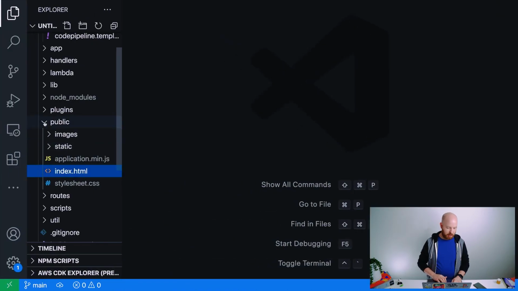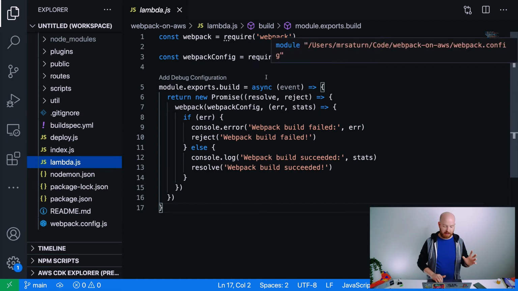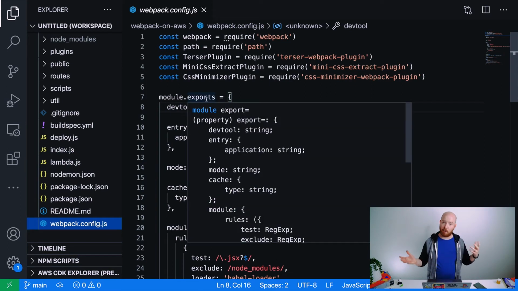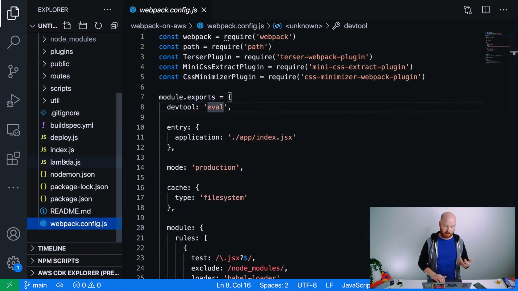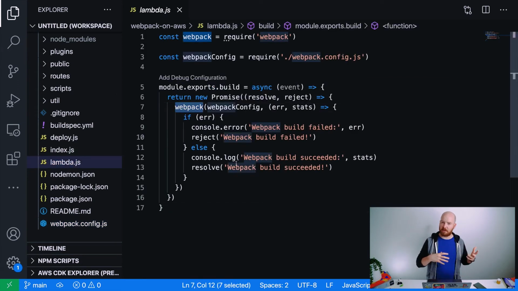And then I'll show you the Lambda I have written. This is super duper simple. So it just requires Webpack. It pulls in the Webpack config, which is conveniently a JavaScript file, and it module exports the entire configuration object, which is awesome. When you run Webpack in JavaScript, which you may have never done because you probably use it on the command line a lot, the first argument is the configuration object. So I pull it in, I require it from this webpack.config.js. It's the same one that's running when I say npm run build.